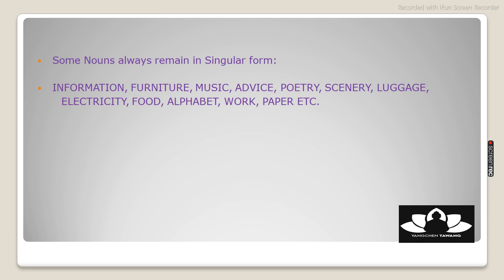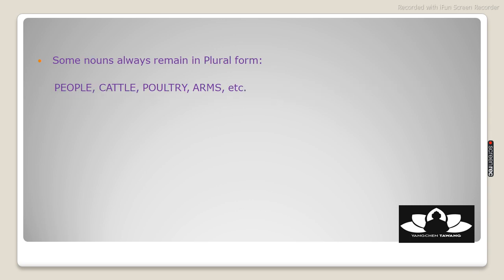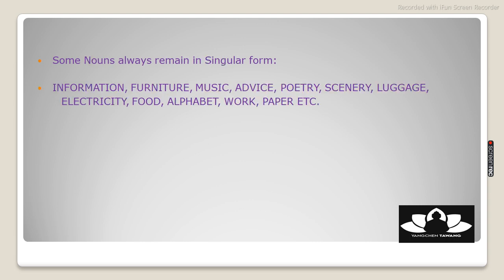We never write sceneries. We say scenery. If you want an example, the scenery of Himachal Pradesh. Scenery of Himachal Pradesh will denote all the sceneries of Himachal Pradesh, but we will never use the word sceneries, because scenery itself is a singular noun, but it will denote all the sceneries.